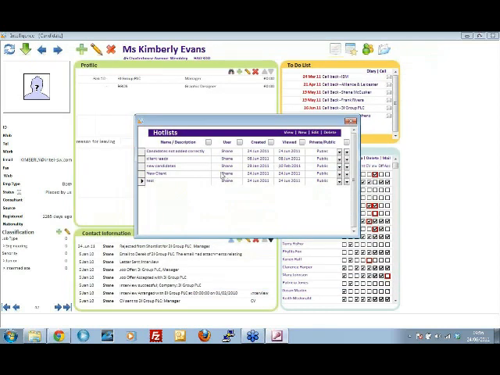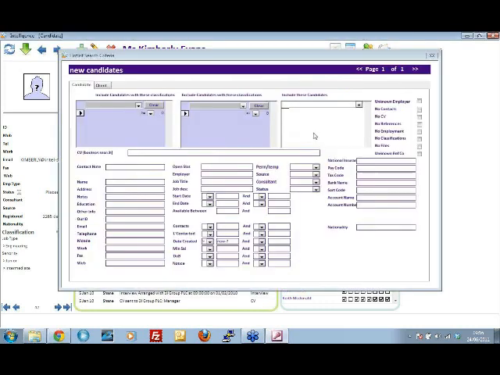I just closed down this hot list. I want to see all the new candidates who've been added onto Intelligence. So I've got my hot list called new candidates. I'm just going to edit that, and I'll show you the criteria. Effectively, what I want is anybody who's been added onto the database in the last week. Now, bear in mind that a hot list remembers the criteria but forgets the results. So whenever I open it up, I want it to recalculate itself, but I want it to recalculate itself based on the last week up until right now, the time that I